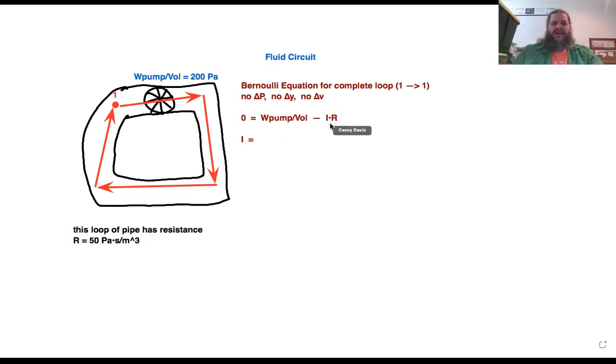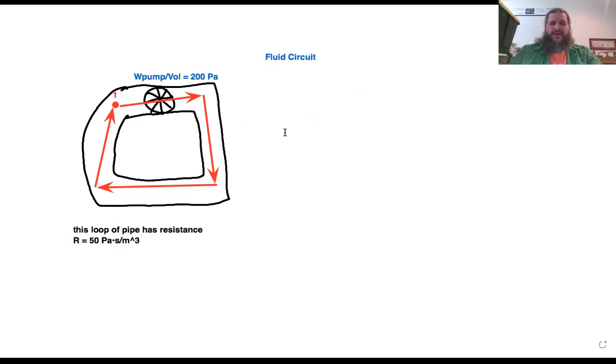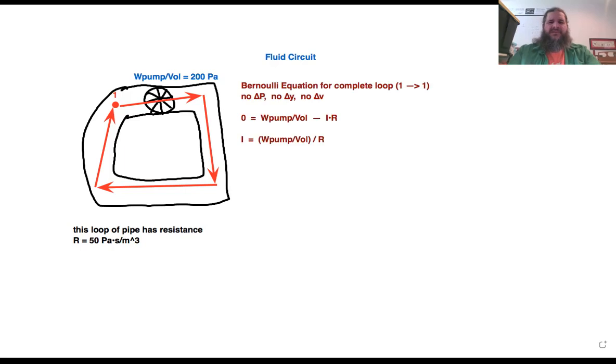Or how would you isolate I in this equation before we even fill in any numbers? Add or subtract the work from the pump to the other side and then divide by R. Yeah, or in that case, you'd want to divide by negative R. So you'd get the work density of the pump divided by the resistance, which suggests, before we